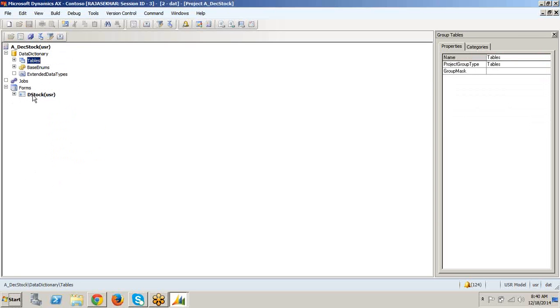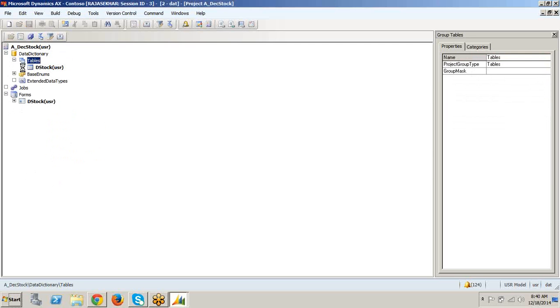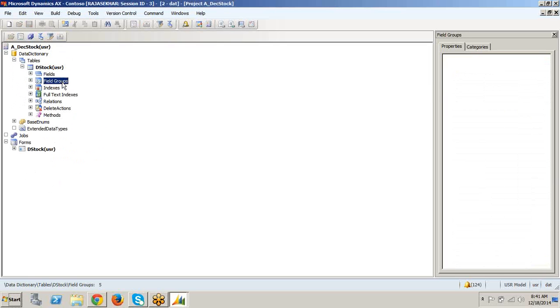Okay. In the tables, we have the concept of fields, which is done. The other concept is field groups.